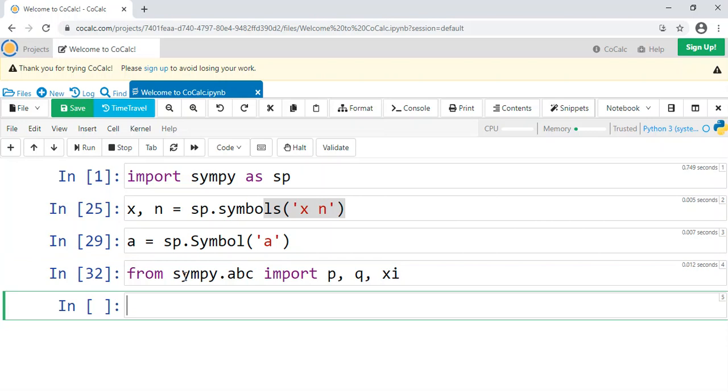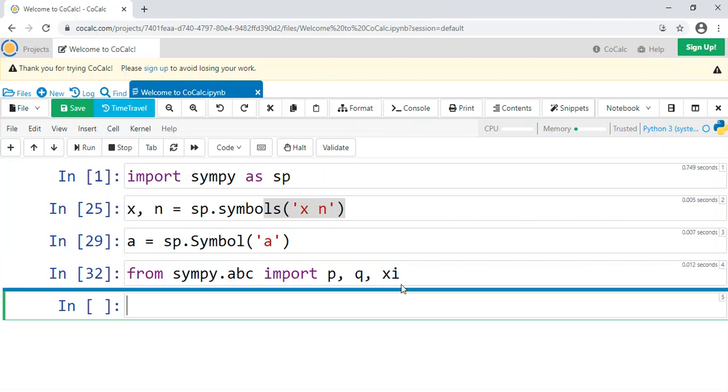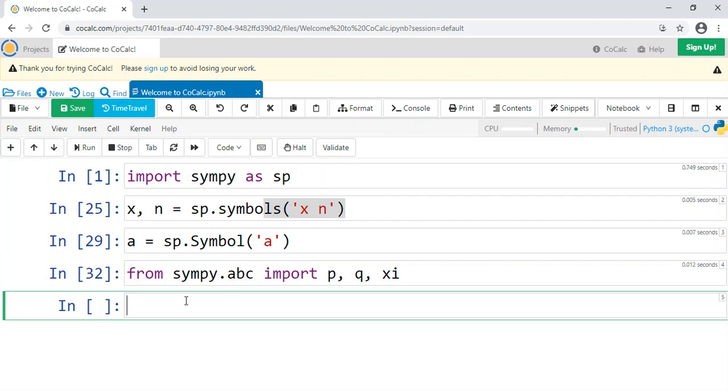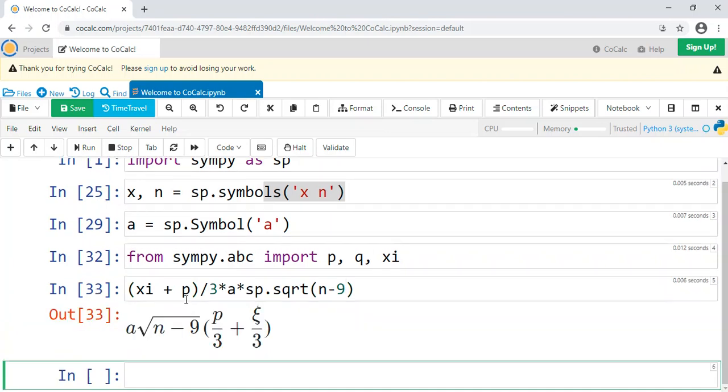Okay, and so now you have these imported, and now you can put it all together. So we can do Xi, that's a Greek letter, plus P divided by 3 times A times sp.sqrt(-9), so let's see what this looks like.